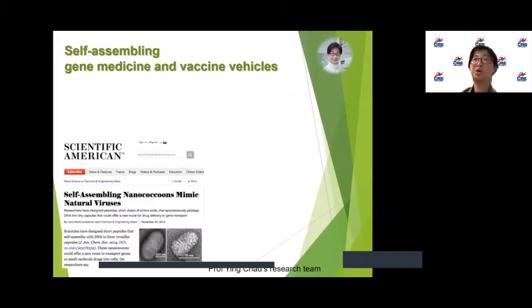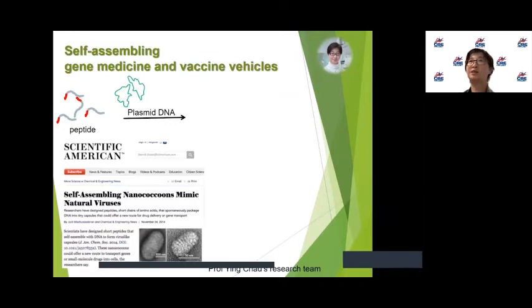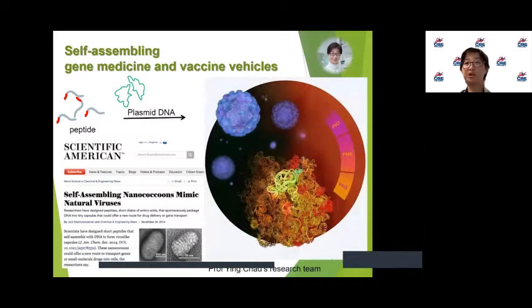These virus-looking particles are made in my lab. We design peptides, and when placing these peptides in water containing DNA, they will wrap around the DNA and form particles with these very interesting patterns. Since they look so much like viruses, we are now programming them to function as vaccines and carriers of gene therapy. Wow, so it's really down to earth and very close to us. So will the invention protect us from infections in the future? This is the ultimate goal.